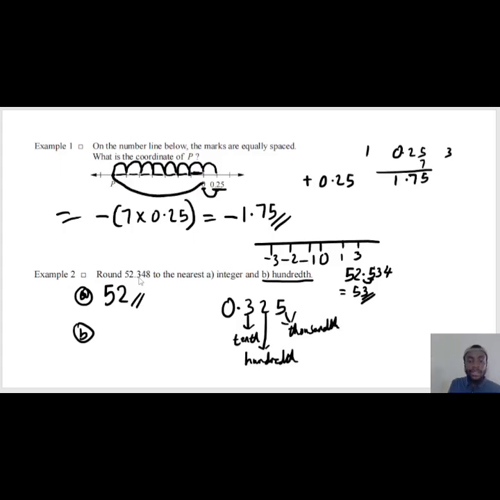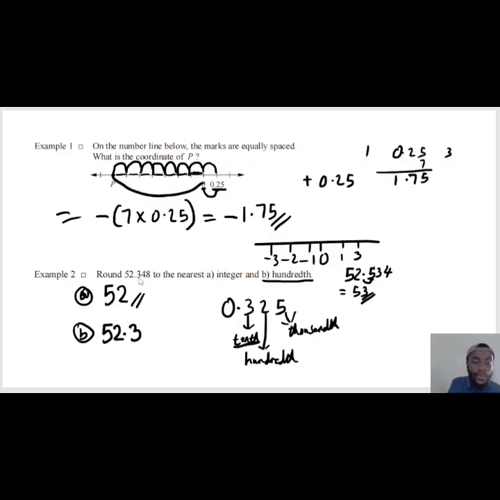Now, clearly you can see that tenth is just one decimal place. Hundredth is just two decimal places, while thousandth is just three decimal places. So this question for hundredth is saying we should what? Put it in two decimal places. So the answer will be